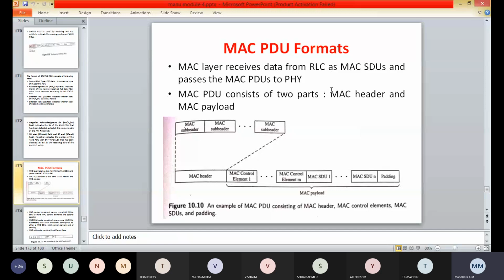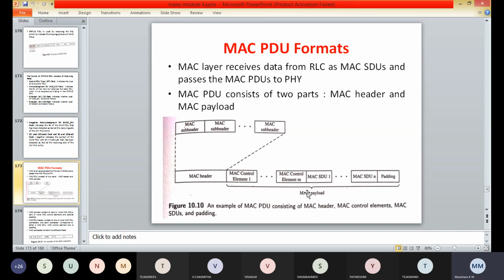A MAC PDU consists of two parts. The first is the MAC header and the second is the MAC payload, as shown in the figure. The MAC payload will consist of zero or more MAC SDUs, zero or more MAC control elements, and optional padding.